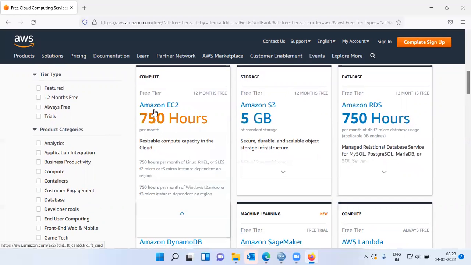What is called Amazon EC2. You will be able to use this for 750 hours per month, which is quite a lot because you can use the free tier for learning purposes. And this is good enough for you to learn a lot of things when you have Amazon EC2,